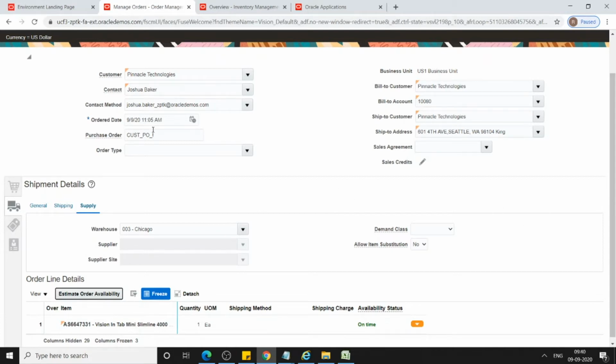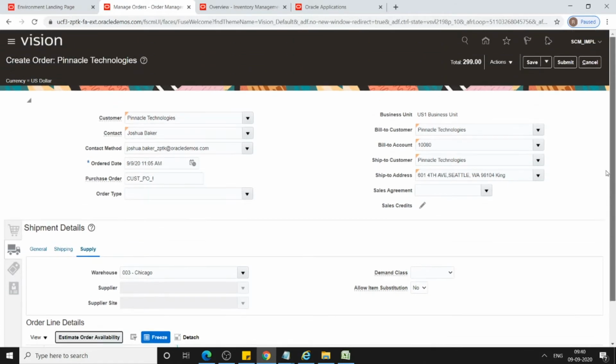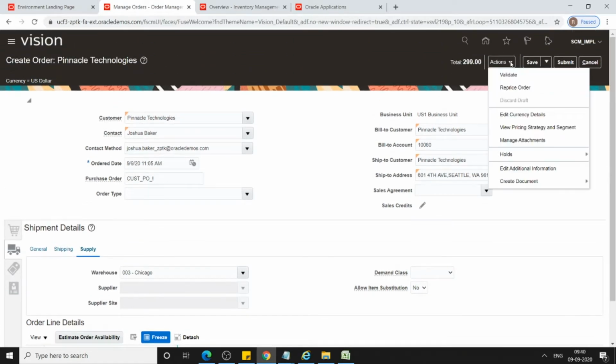So this is a very nice feature in Oracle Fusion order management. Now I have entered all these details. If you see here, under Actions, make a note of it. Here we have validate, to validate this particular sales order. Then reprice the order. Once you save it, if you made any changes to the sales order lines, you have to come here and click on reprice order again, so that it will reprice your sales order. The same thing is there in Oracle EBS. If you go to actions, from there you can reprice the order.